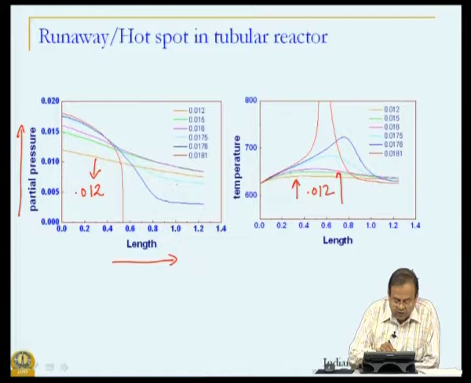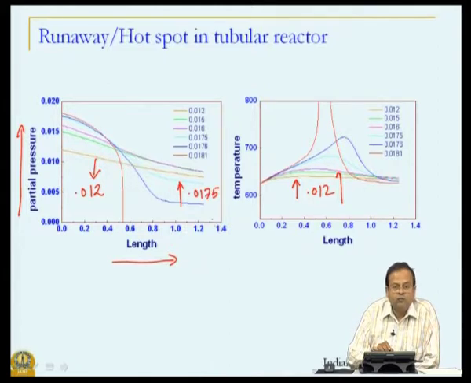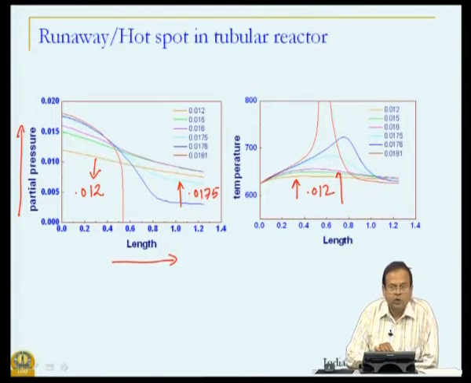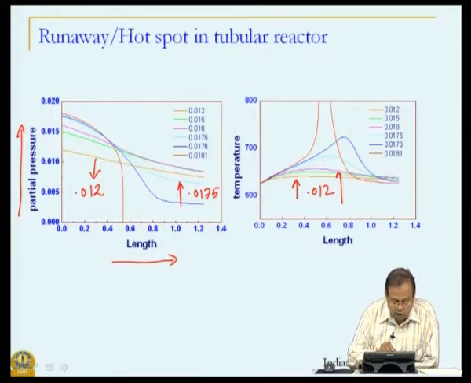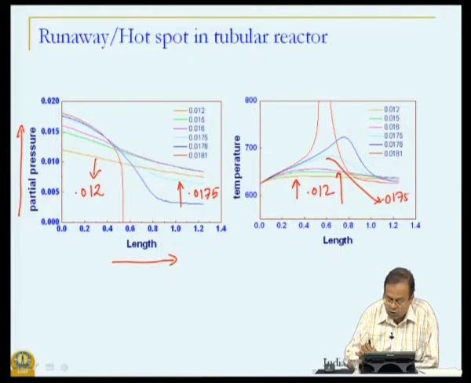For a partial pressure such as 0.0175, and notice the small difference that we are making. We are actually changing partial pressures now in the second digit or third digit, which implies the sensitivity of the process. We see that the temperature, for example, if you look at this result at 0.0175, temperature has risen and given rise to what we can say